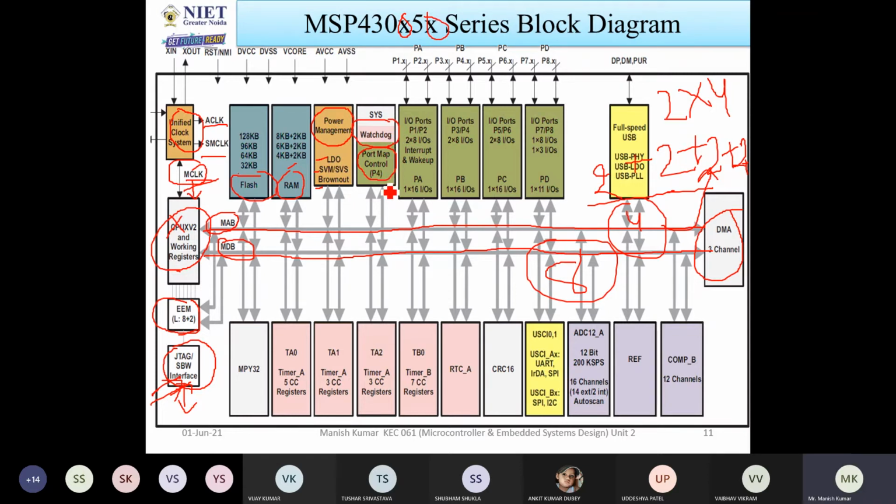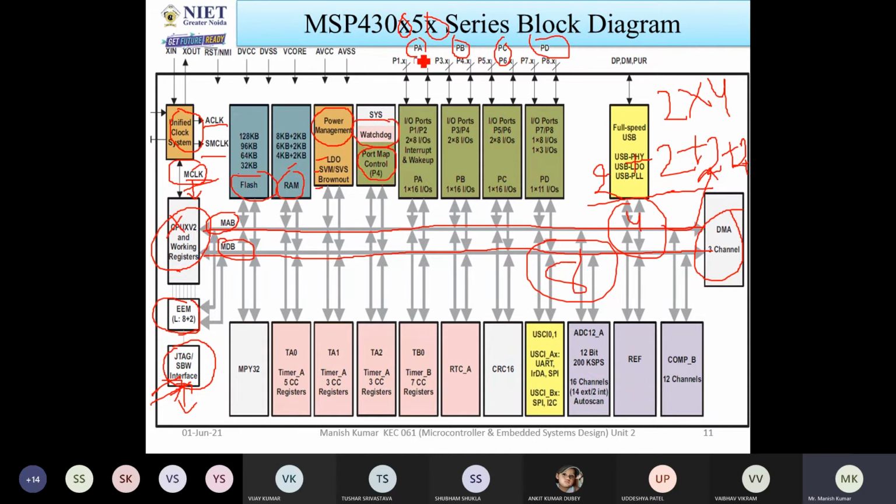And also port map control P port. First I will discuss the GPIO ports that are available. That is called general purpose input output ports. So there are 4 ports: port A, port B, port C, and port D. Every port has 2 parts.